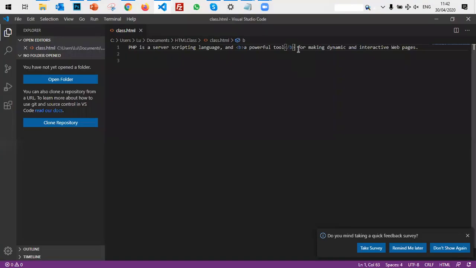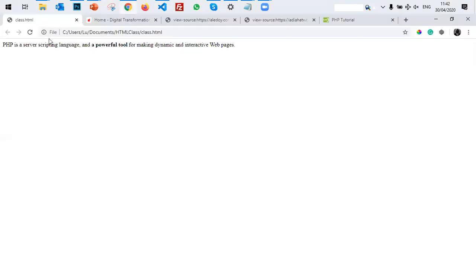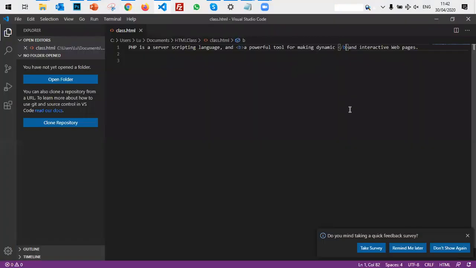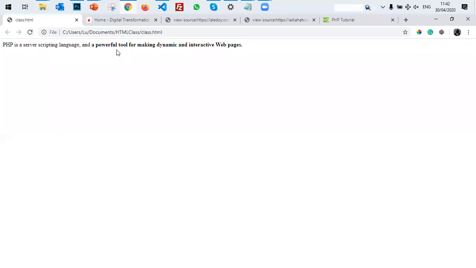Now, let's assume I started my tag at a powerful tool and decided to end it somewhere around here, at a powerful tool I'm making dynamic. It means I want a powerful tool I'm making dynamic bold. If I forget to close my bold tag, what will happen is from that point till the end of the